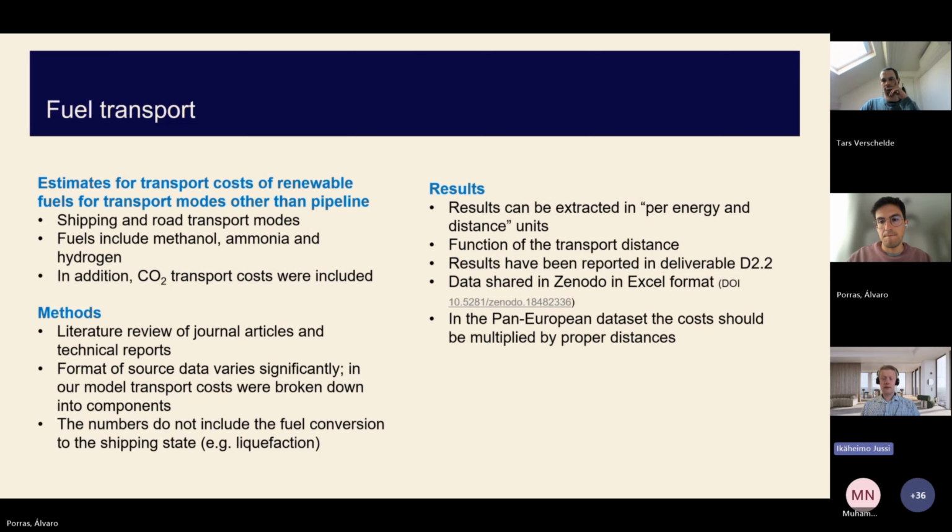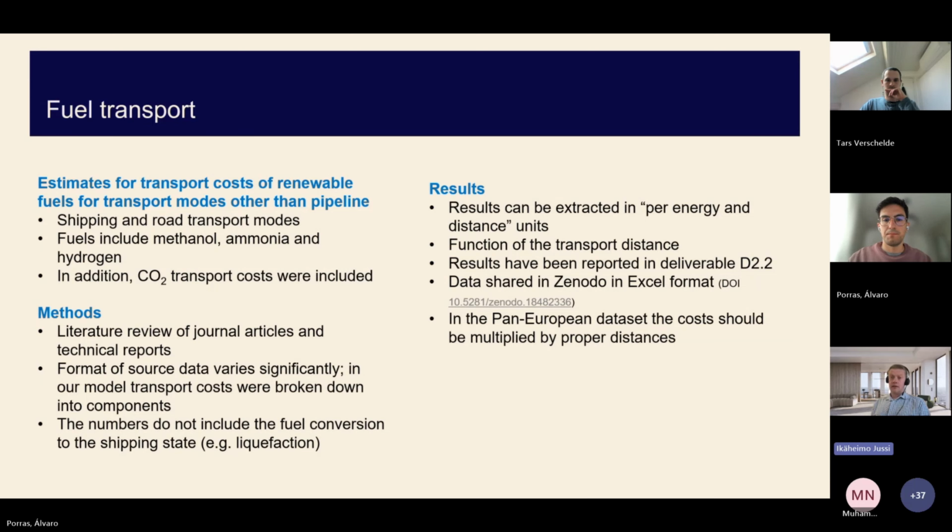So this kind of change can easily be fed into the cost model and see what is the effect on the transport cost. And what I can say is that the numbers just include the transport now, not any additional steps like conversion into the shipping state, like liquefaction.